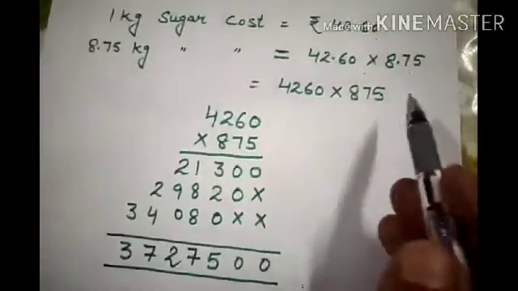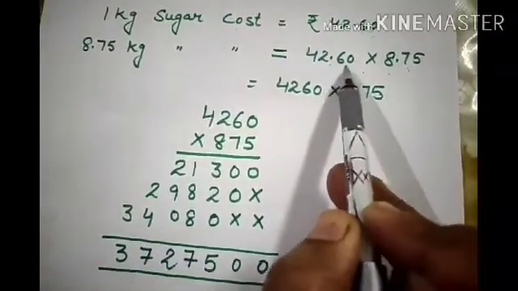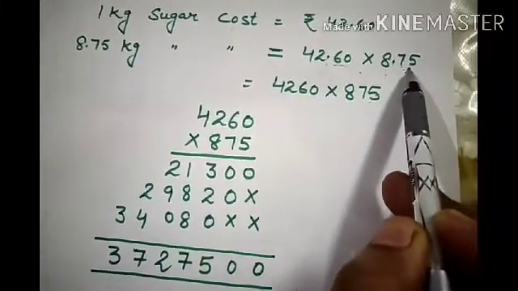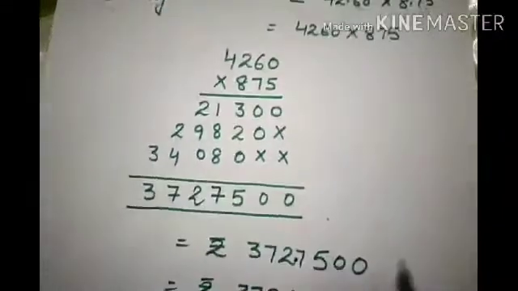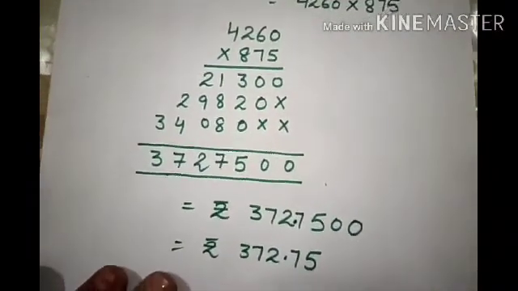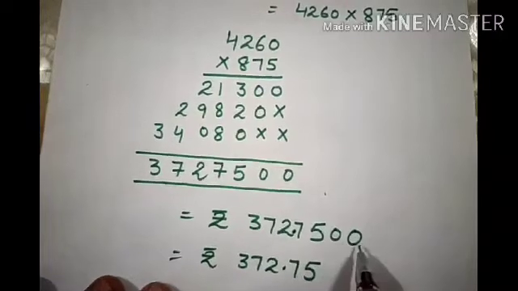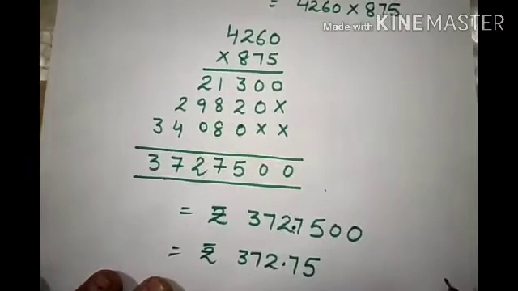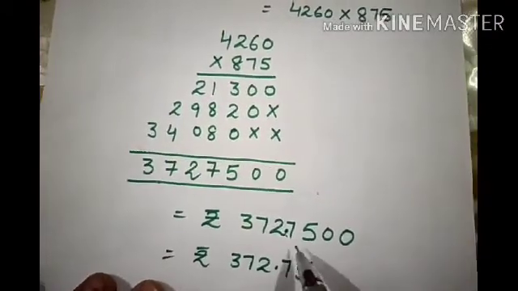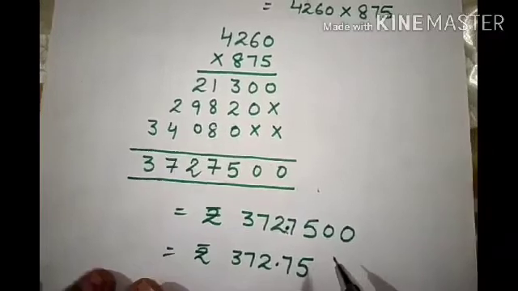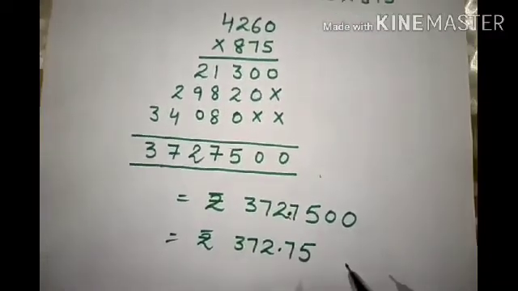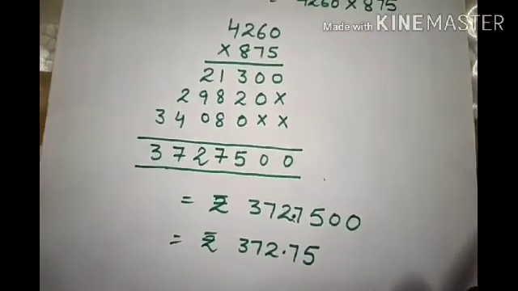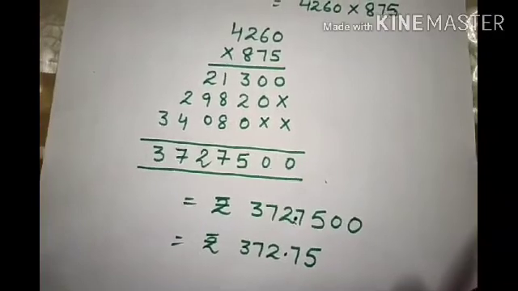क्लियर. नाउ द डेसिमल की पोजीशन देखिए क्या होगी. After the decimal 2 places in the multiplicand and after the decimal 2 digits in the multiplier. तो 2 + 2 4. सो we will mark the decimal from the right, we will skip the 4 digits. देखिए we will skip the 4 digits and then we will mark the decimal. So the number will be 372.75 because after the decimal if zeros are given, we will not count these 0s. So the answer will be 372.75. I hope these questions are clear to you, and the next question I will explain in my next part.